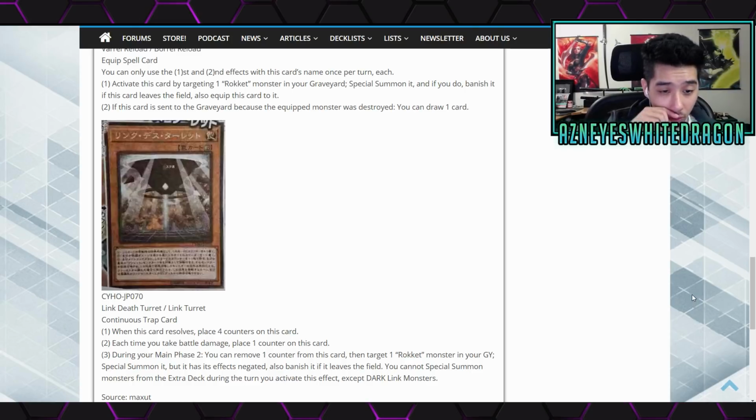It does banish it, and you can only special summon monsters from... you can only go for Dark Link monsters. I want to say that someone's probably going to figure something out. Yo, if you figure out how to make this loop, because I know there are a lot of combos. I think it was like Cactus Fight or something. But there's probably a way...